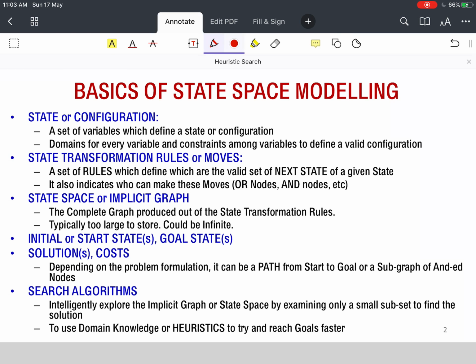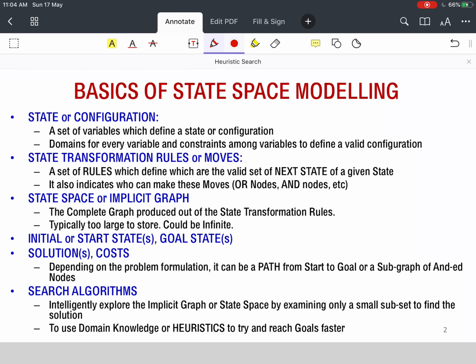Now, depending on whether this is just an OR graph or an AND OR graph, which we have discussed in details earlier, the solution for a pure OR graph will be a path from start to goal. But if it is an AND OR graph, then it will be a subgraph of ANDed subnodes, where the last nodes are all goal nodes.